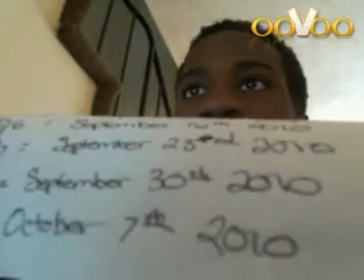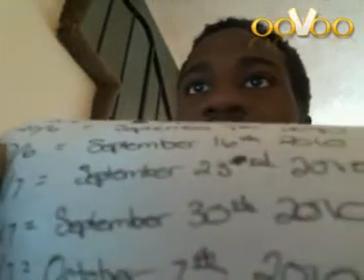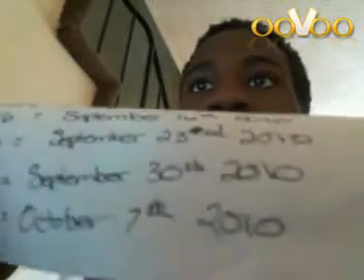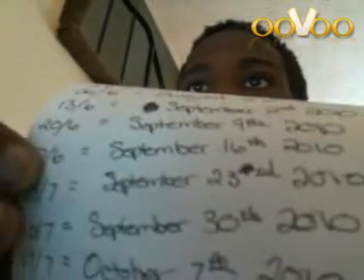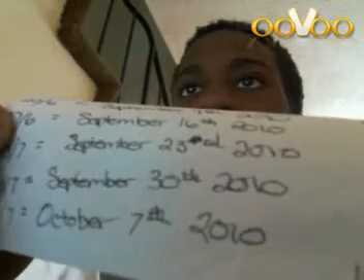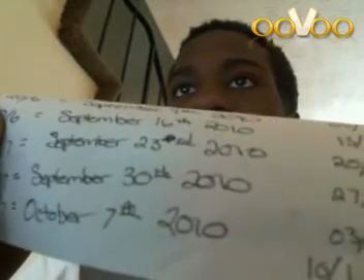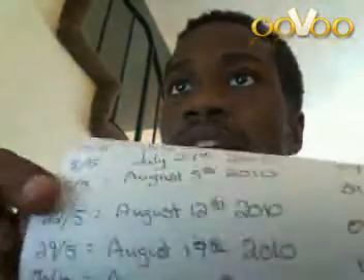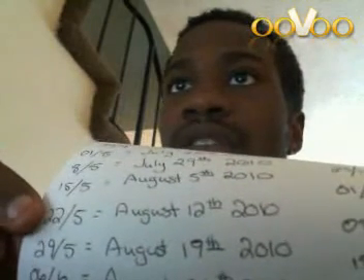Then October 7th, 2010 was the 17th day of the 7th month, and that was a Sabbath. And all these days were Thursdays. And look now, there goes another 22nd of the 5th month. So the 22nd of the 5th month,